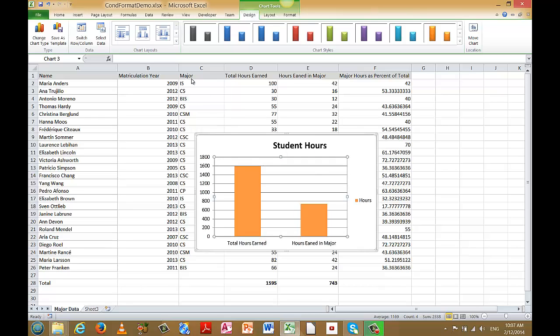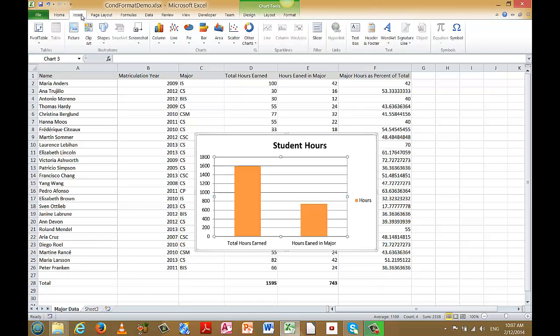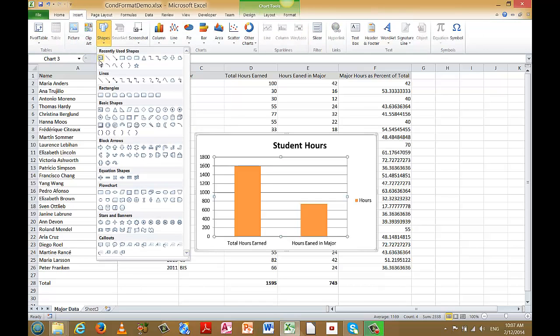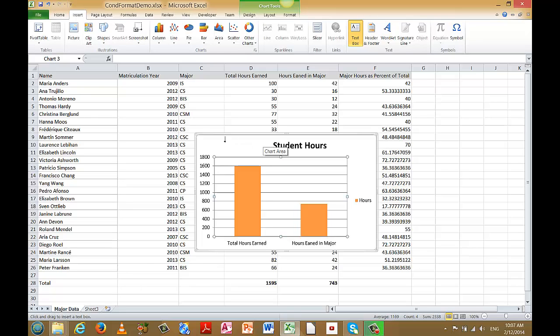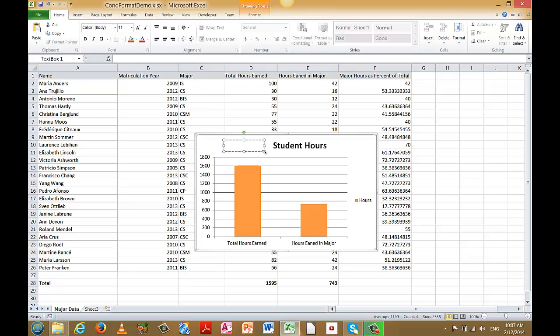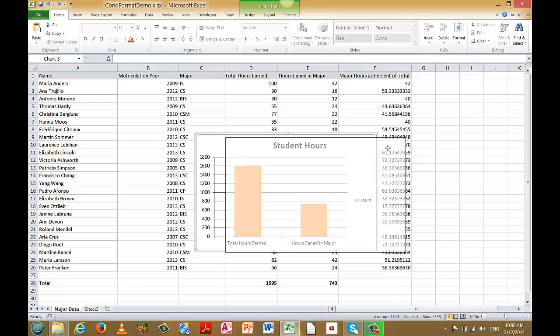And you can also cheat on this a little bit. So if you go to the insert page again, and under shapes, choose text boxes. If you want to, you can overlay text boxes in this area. Okay, so that has absolutely nothing to do with the data, but just to show you that that can be done. So you can add to this if you need to. I'm going to undo and undo again. Okay. So I have created a column chart, and I'm going to slide this over out of